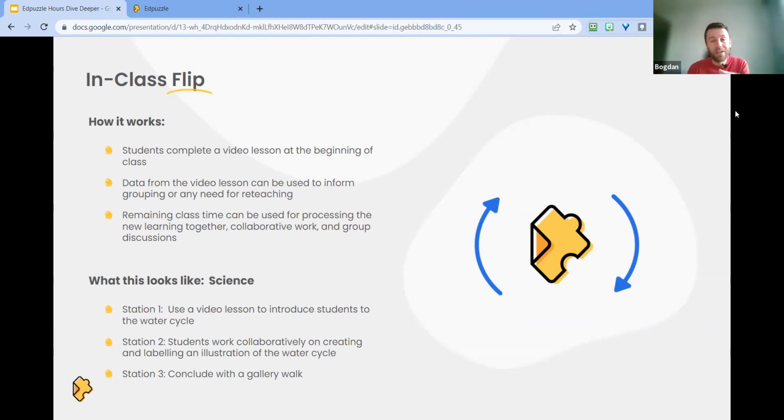So this is where we can also use that data, for example, for grouping. So let's say you want to split the group into smaller groups and they want to work on different tasks. You could have a look at the data and see those students that need more support. You can put them in one group and you can work with them and offer them that support, whereas the others can work on some of the other tasks, some of the more advanced tasks. So this is where, once again, the data we get from Edpuzzle can be very useful for all kinds of